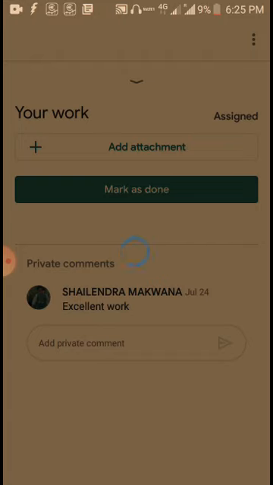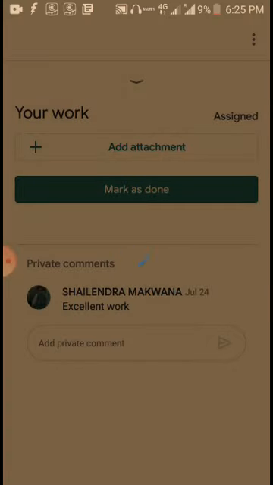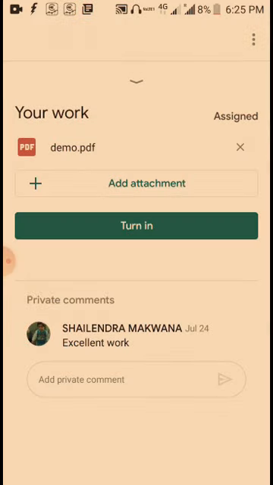and as I click on this, this file is getting uploaded onto the Google Classroom. So it will take some time. That is why compression is important, because if we don't compress, then it will take even longer. So you have to wait while the file is getting uploaded on the Google Classroom. Once it gets uploaded, there's nothing much you have to do. Now I can see my file demo.pdf, it's already here, as you can see.